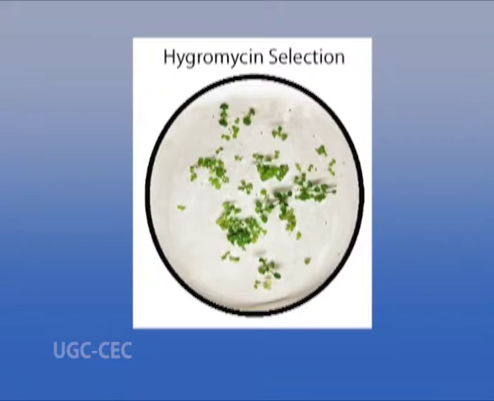This gene has been extensively utilized, especially when the use of the neo gene is not possible. For example, several monocotyledonous species show high levels of natural resistance to kanamycin. In such cases, the HPT gene can be utilized as a selective marker.